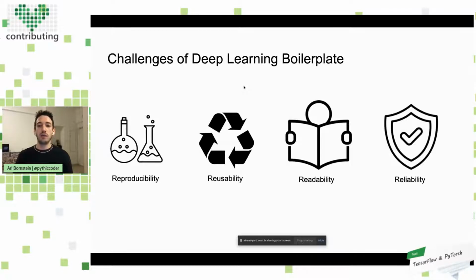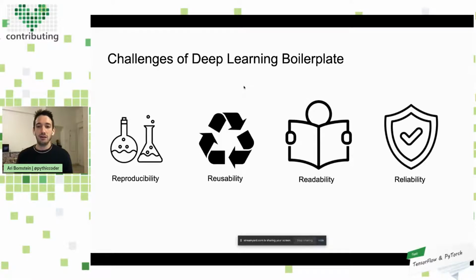And the last challenge is reliability. When everybody is implementing the same types of code or the same patterns again and again and again, it's very hard to guarantee the quality of that code, or that the code is encapsulating best practices. And in fact, due to the complexity, it's very easy to make mistakes. One of the interesting blog posts that I was reading recently was by Jason Antic, who created a really cool framework called DeOldify that colorizes images. And he was talking about how, in his original iteration of his model to colorize these images, he was getting this weird blending of colors that he didn't expect.